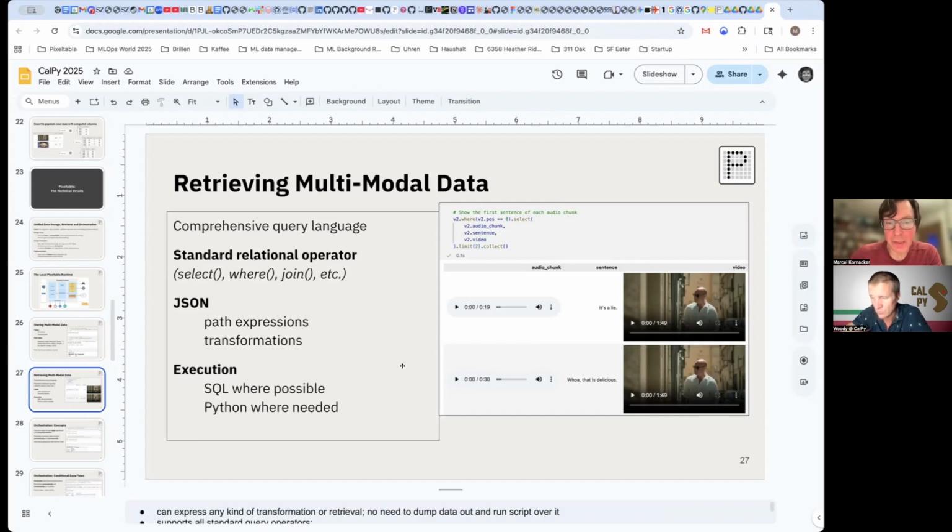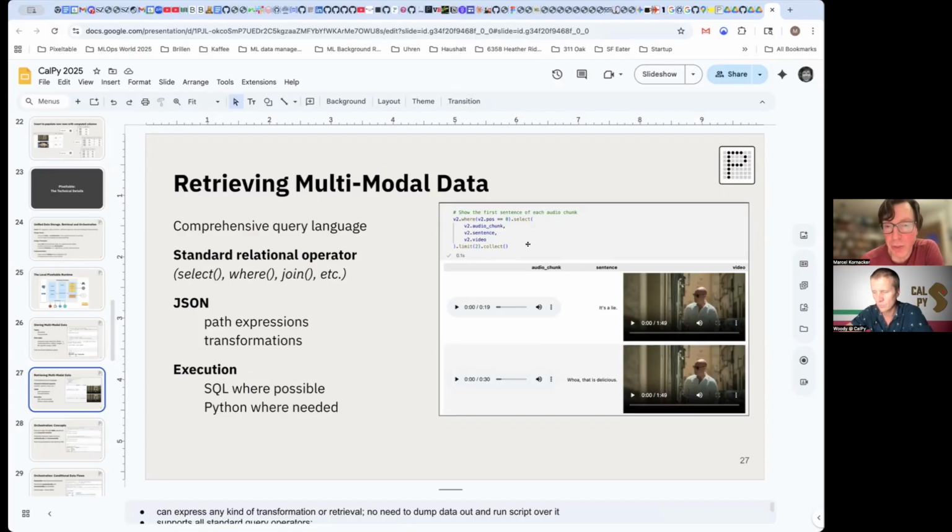And the way this is executed is Pixeltable looks at the query. In this case, on the right-hand side, it's a very simple selection of a few columns of the video table with a selection predicate. And so what it'll do is it comes up with an execution plan that tries to do as much as it can in SQL.